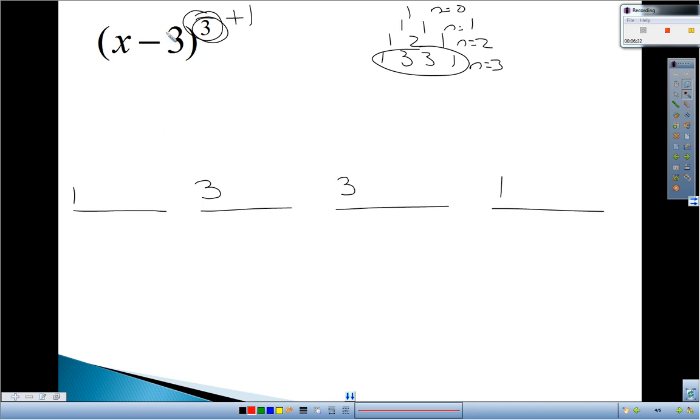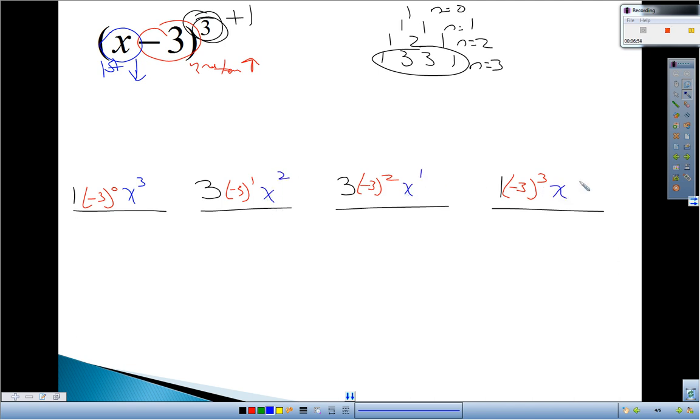I'm going to take my second term, and I'm going to go up in power, so that'll be negative 3 to the 0, negative 3 to the first, negative 3 to the second, and negative 3 to the third. And then I'm going to take my first term, and I'm going to go down in power. So that'll be x to the third, x to the second, x to the first, and then x to the 0. And now, plug it in the calculator, you should get 1x to the third minus 9x squared